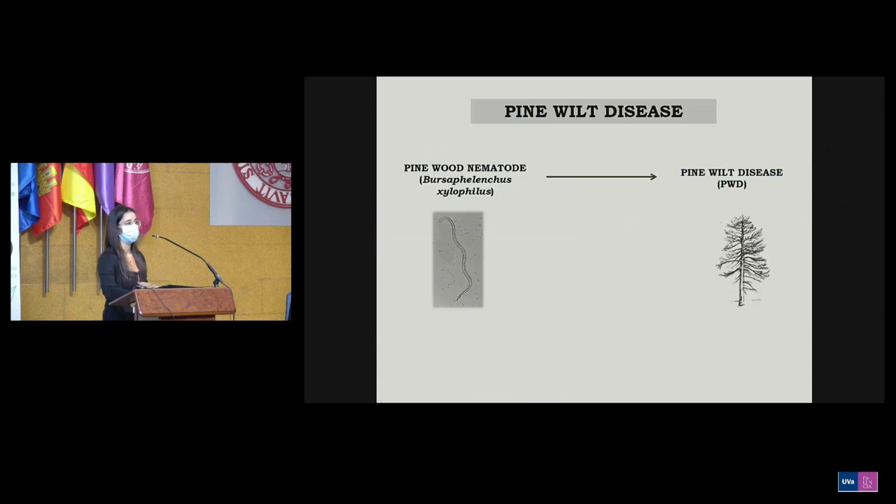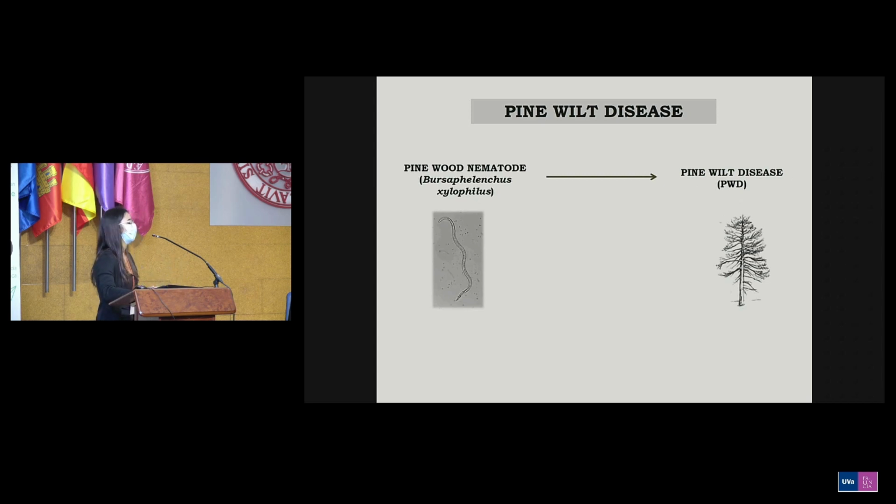Before starting with the explanation of my essay, I want to present the disease, the distribution, and symptoms. So, pinewood disease affects coniferous forests worldwide, and it is caused by Bursaphelenchus xylophilus, commonly known as pinewood nematode. This nematode colonizes resin canals of the tree and feeds on the cells and causes wilting and the final death